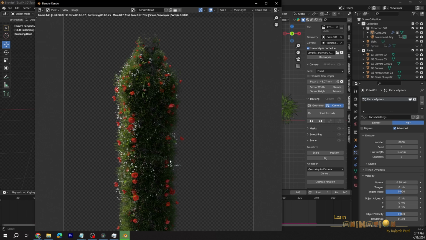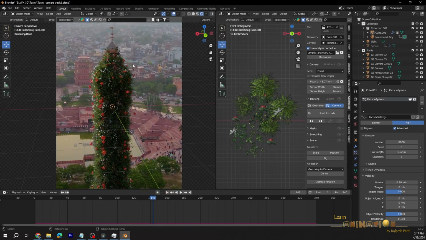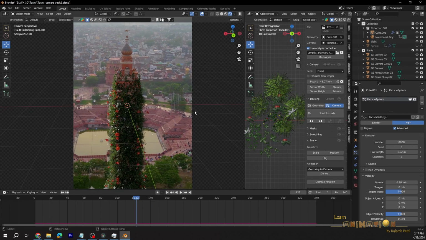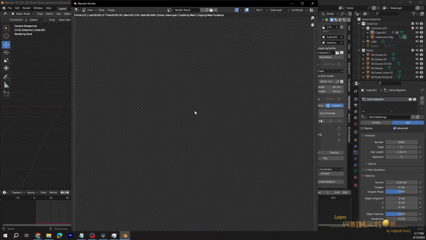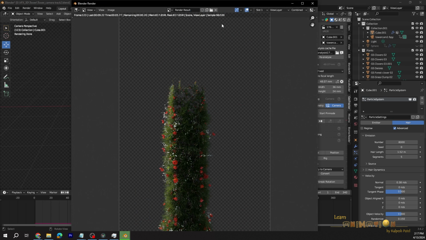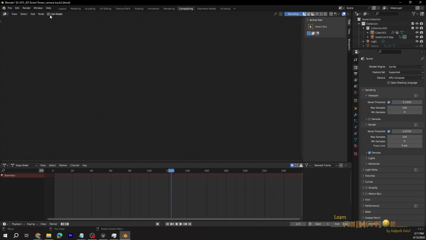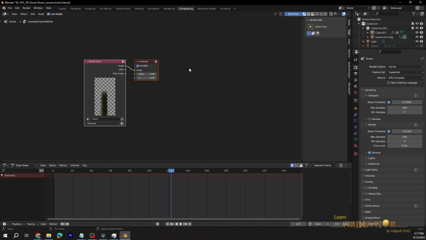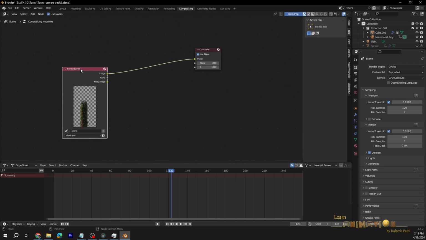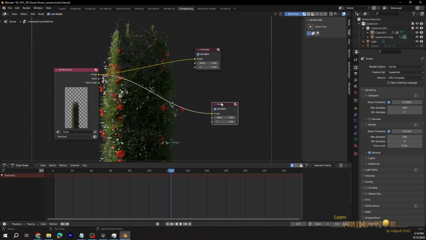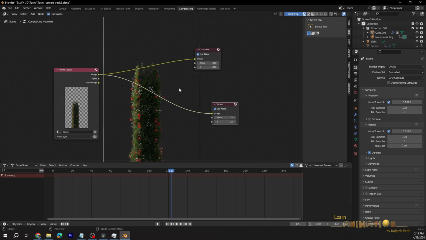Now you can see the wonderful effect is happening. Okay, but it's not rendering with the background image, right? So you have to do a little comping here. So let's render a single image first. After rendering this image, just go to compositing, click on use nodes. So here you can see the composite node and the render layer node. There's a viewer node, so you can see the image in the background very easily. To zoom out you can press V, to zoom in you can press Alt V.